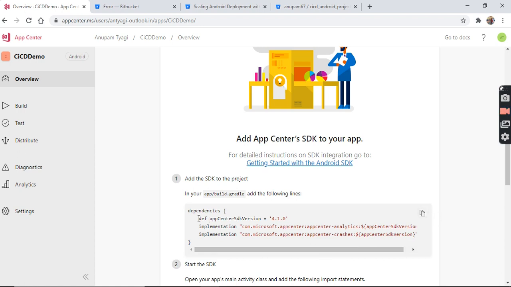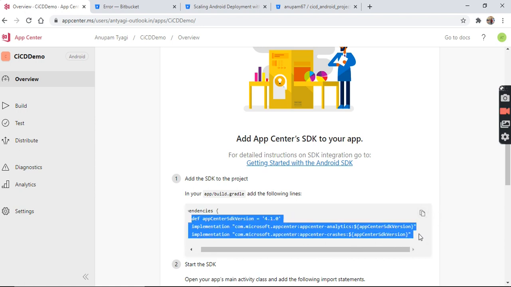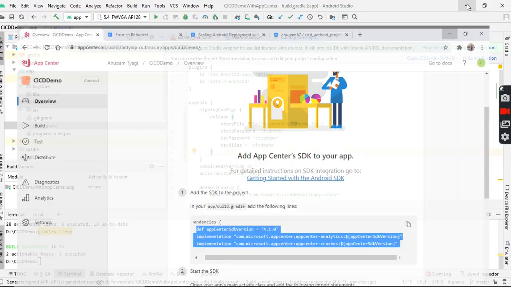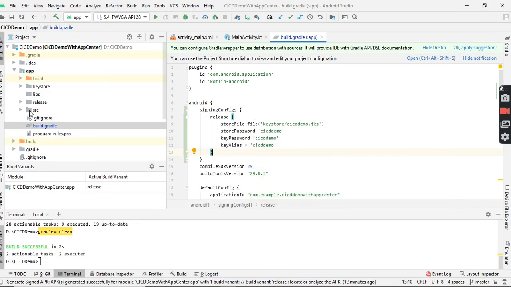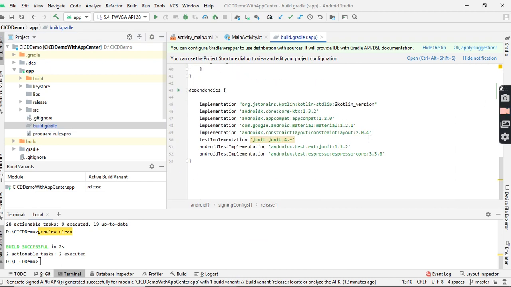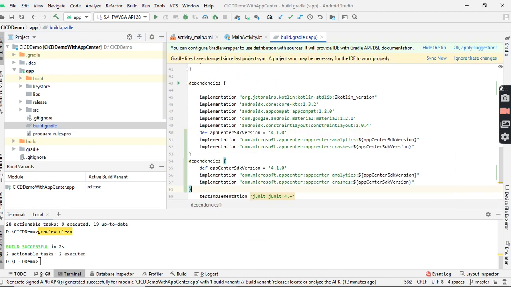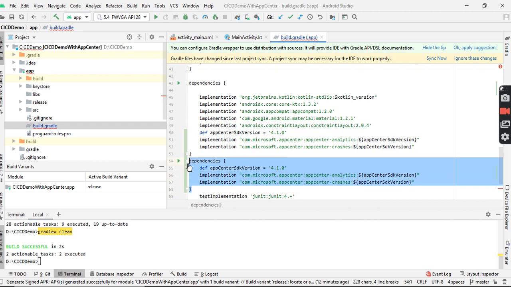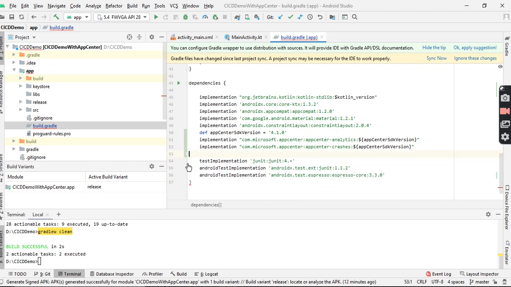I will do the same. I will copy from here and paste this configuration into my build.gradle, pasting it two times. Then I will sync.